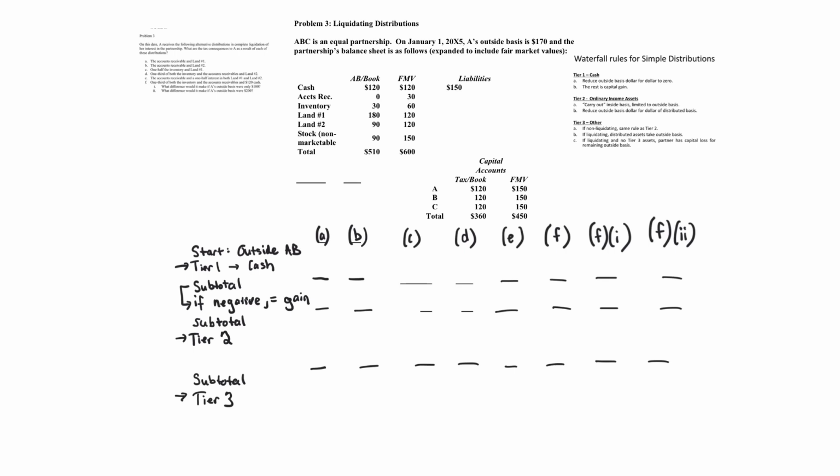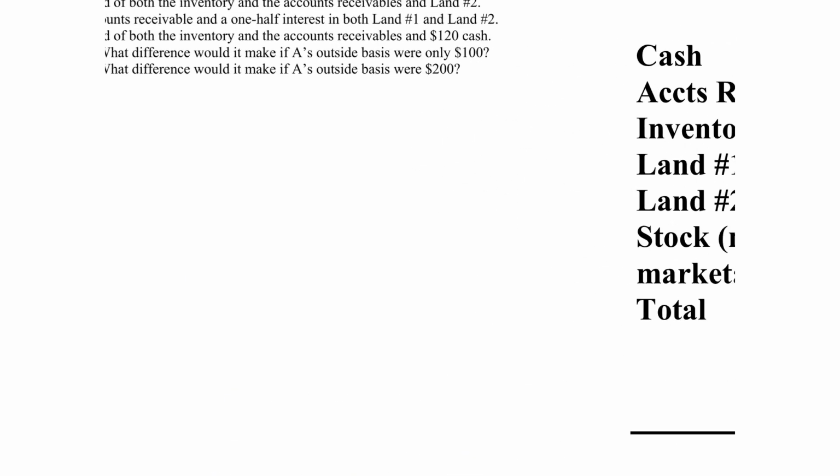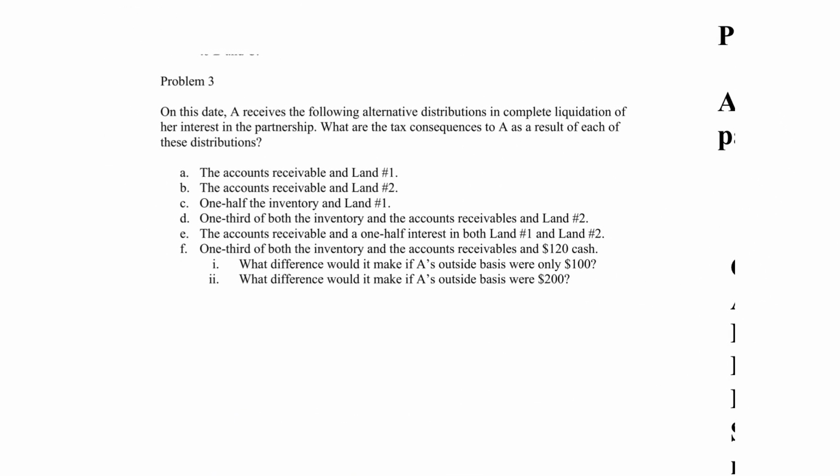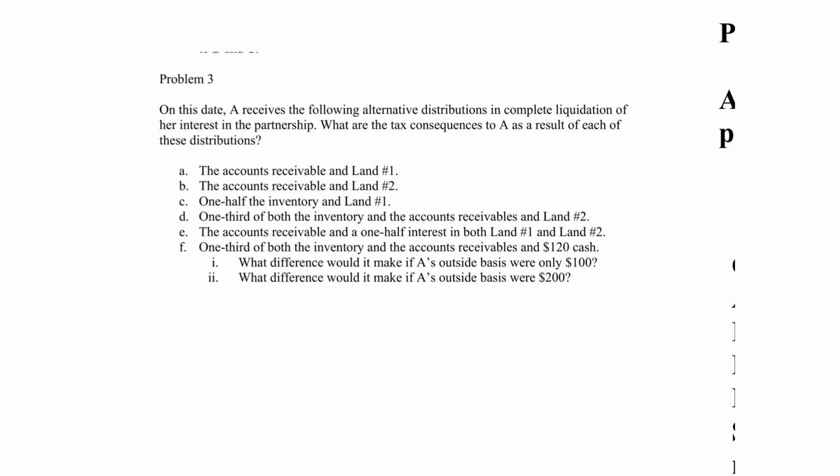is $170, and the partnership's balance sheet is as follows. We've got all these different assets, we've got $150 of liabilities, and we've got the capital accounts. Specifically, and if you want to stop the video at this point and take note, in this problem, Problem 3, on this date we're going to have 1, 2, 3, 4, 5, 6, 7, 8 different scenarios. So 8 alternative situations. On this date, A receives the following alternative distributions in complete liquidation of her interest